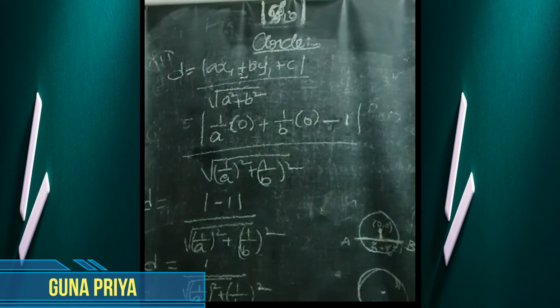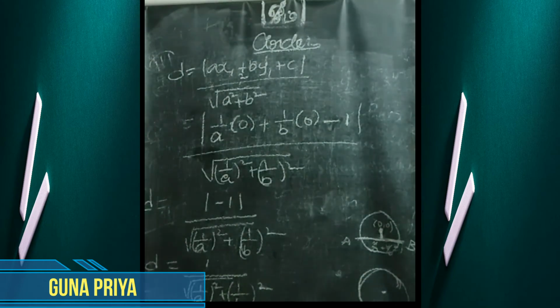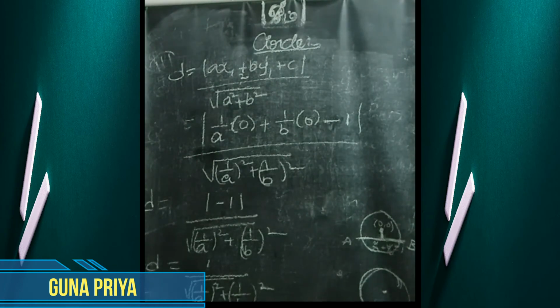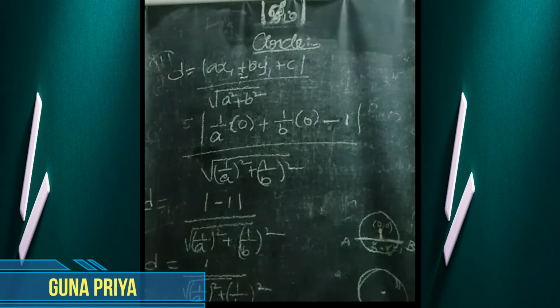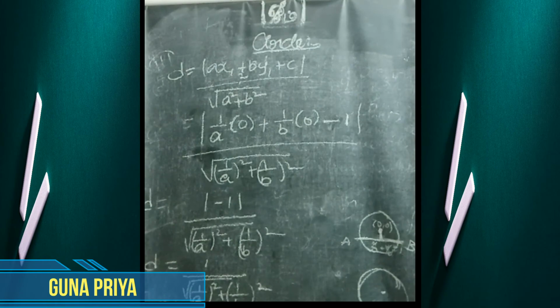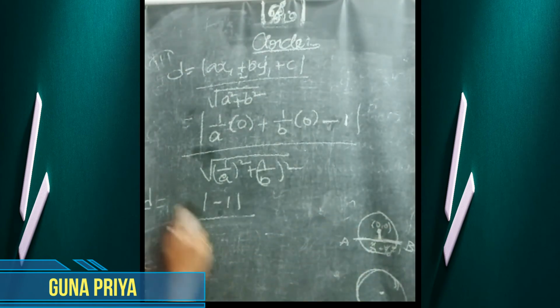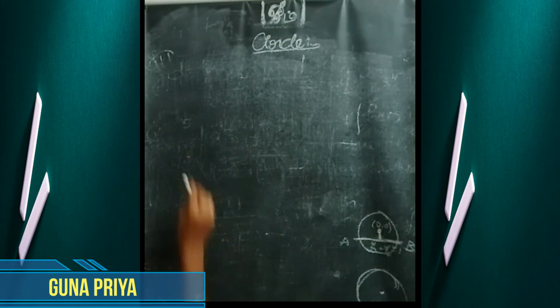Next, what we have to find out? Chord. So what's the chord formula? Now we are finding the AB. Okay, chord AB. That means 2 into root of r square minus d square. We know that r is the c. That means length of chord, this length. Why? Because it is the perpendicular distance. Perpendicular.